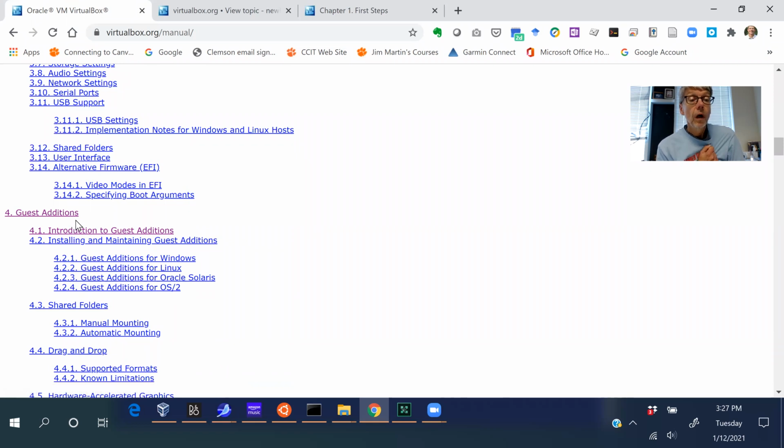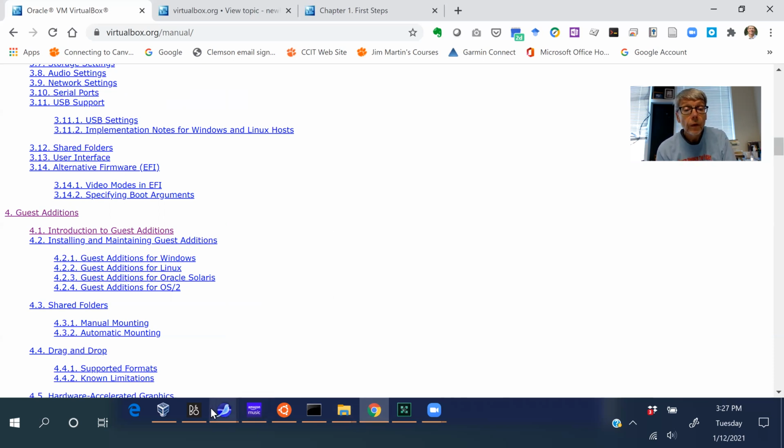So guest editions is an additional download that would be installed. It provides support for the host OS, and after we have installed a VM, we typically would then